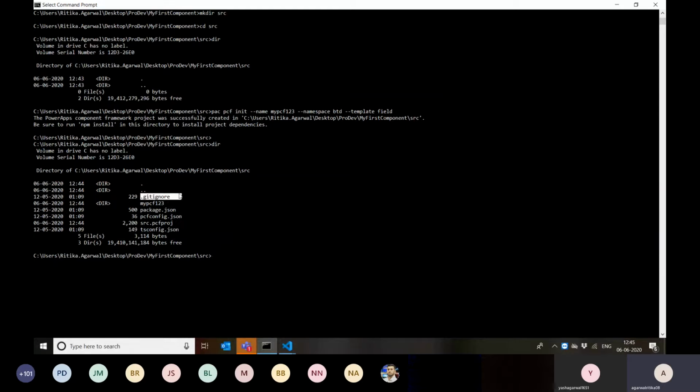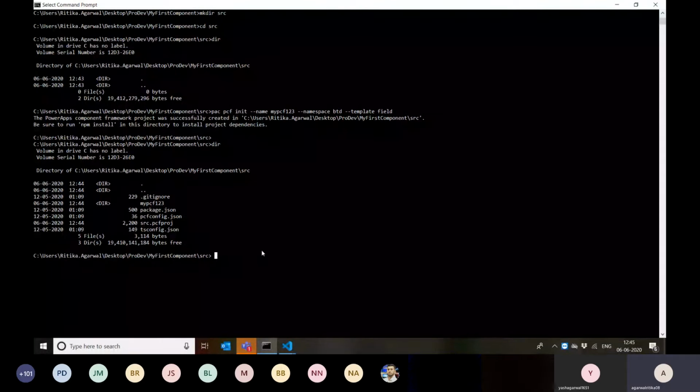And then there is a git ignore file, which is what I was talking about some time before. If you are pushing this PCF to, let's say, an open source platform, the git ignore file has all the details about what will be restricted from getting on a public platform. Let's say even this directory path should not be there on the GitHub repository. That is why we have this git ignore file.